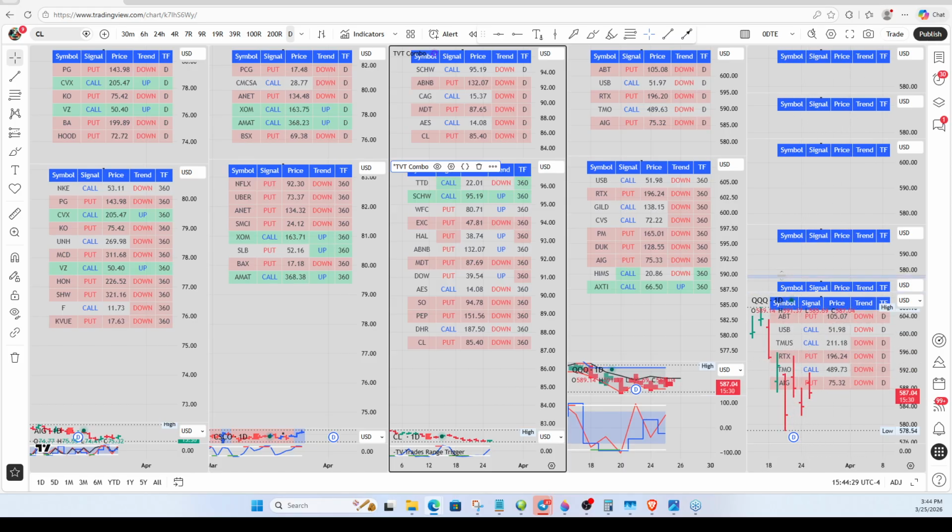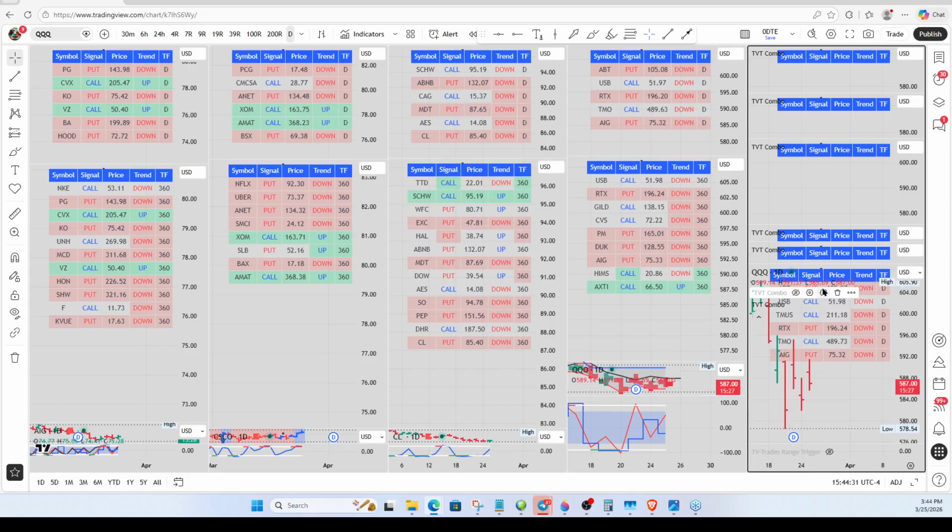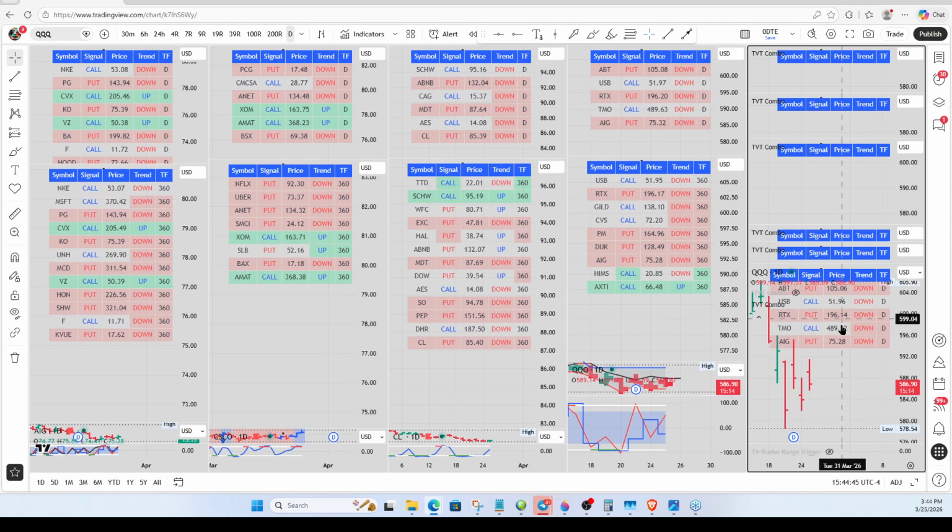And if you have the SPY, the QQQ, or the IWM in this list, usually the one on the bottom is the best, right? Because that's the daily chart, so it's going to have a bigger move. But this is a 6 hour. This is the way it should be: a daily, a 6 hour, a 3 hour, a 2 hour, and a 1 hour. And the reason I do that,